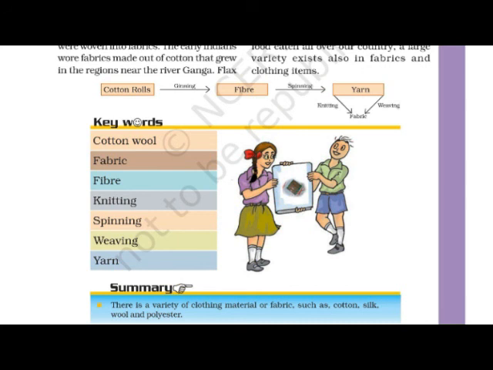We have seen all these things. We have also seen the history of clothing material. Now you can frame questions and write the answers also,